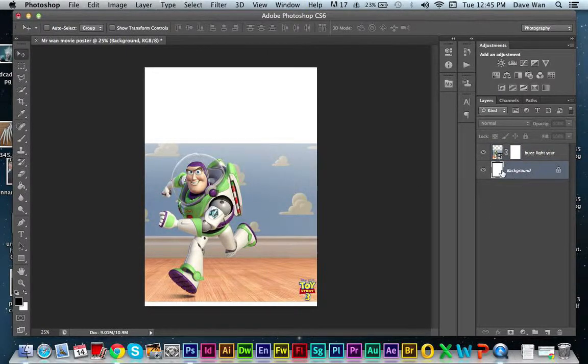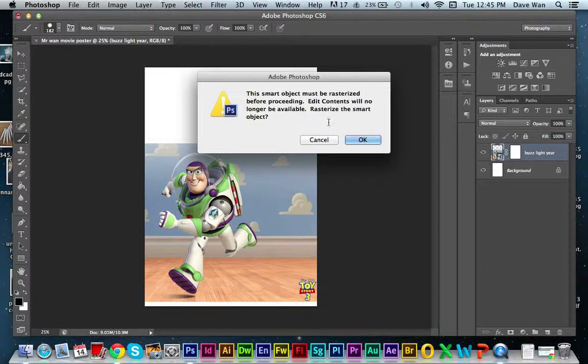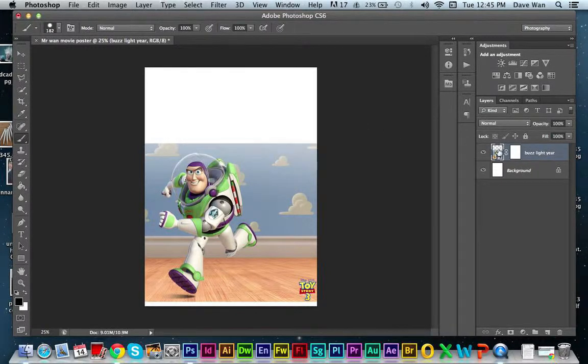You're going to have a background layer and then the layer for your first image. Now when you click on the layer that says Buzz Lightyear, there are two different thumbnails you can click on. The regular one where your image is, this is actually where you can edit your image, but we're not messing around with that. If you end up in there, you want to click cancel, because you don't want to mess around with the original image, because if you mess around with this layer, then you can't undo any of the mistakes you make. So you want to click on the layer mask,